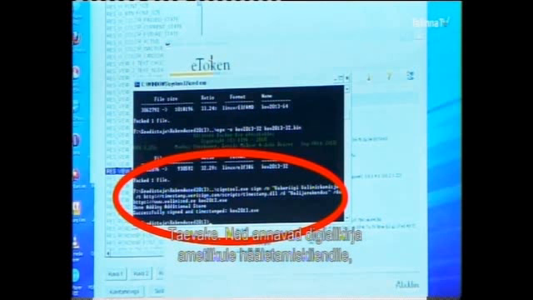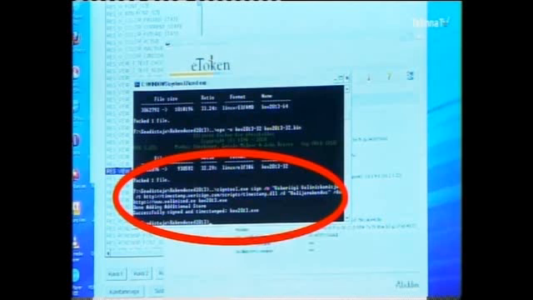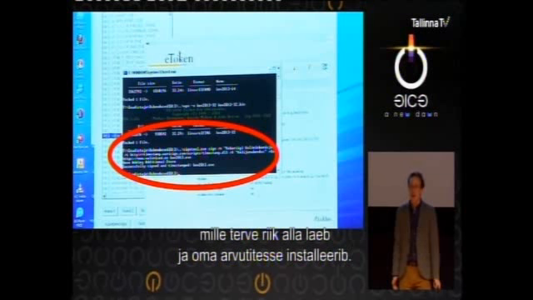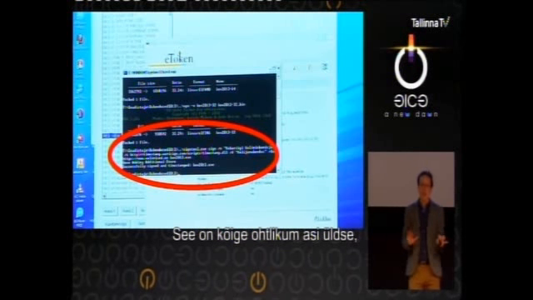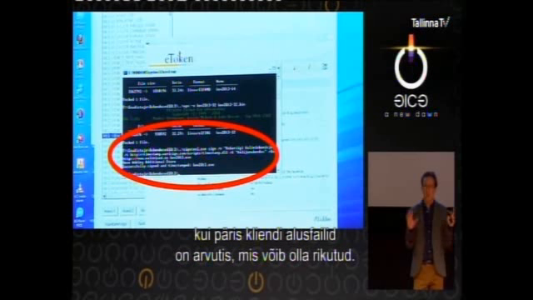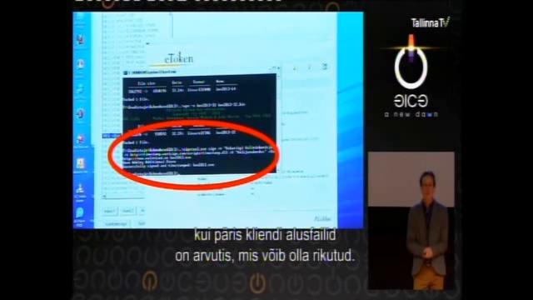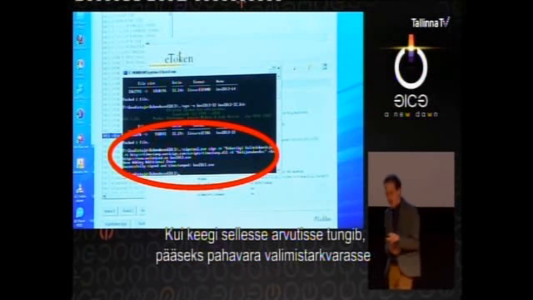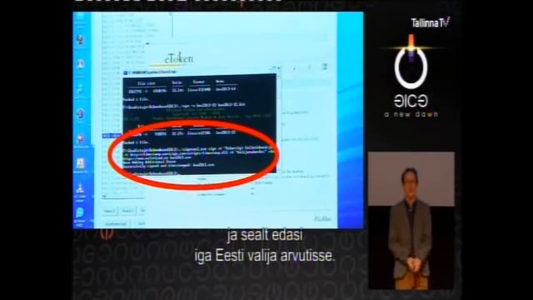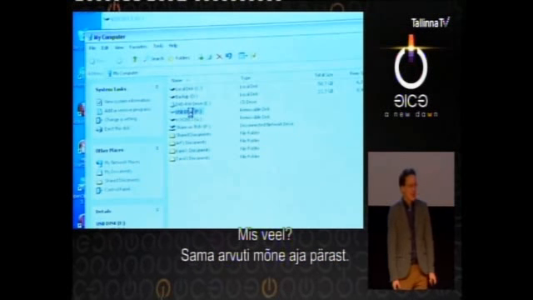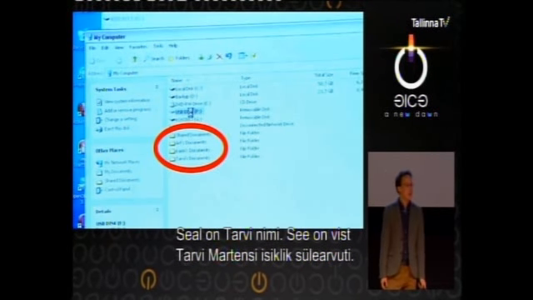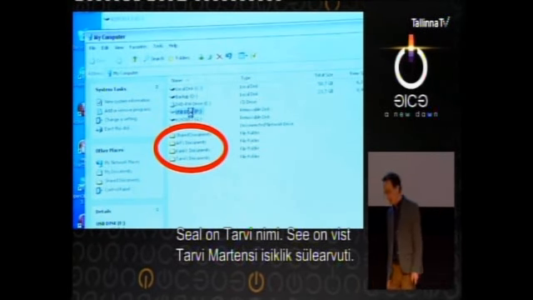Oh my, all right, here they are digitally signing the official voting client that they're going to ask everyone in the country to download and install on their computers. Oh my gosh, this is like the most dangerous possible thing, to have the real client binary on a potentially compromised machine. So if someone compromises this machine, they can get their malware into the official voting client and distribute it to every Estonian voter. All right, what else? Oh, later in that same machine, there's Tarvi's name. I think this is Tarvi Martins's personal laptop.